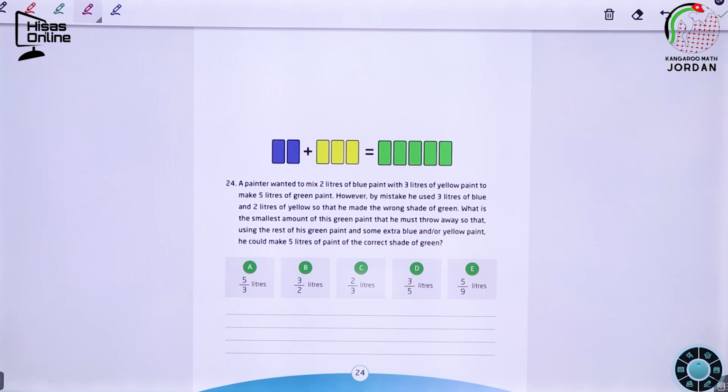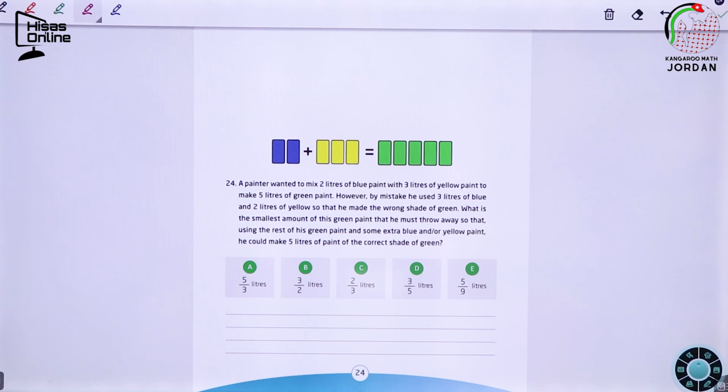And then the question says, what is the smallest amount of the green paint he must throw away so that using the rest of his green paint, so extra blue or yellow. So he should add some green and add certain of